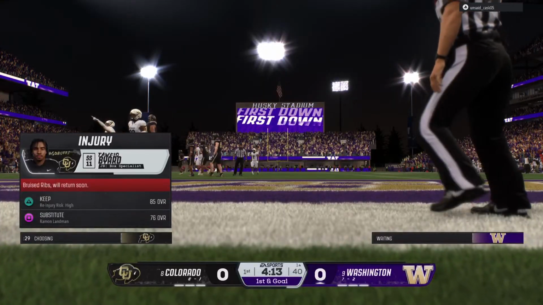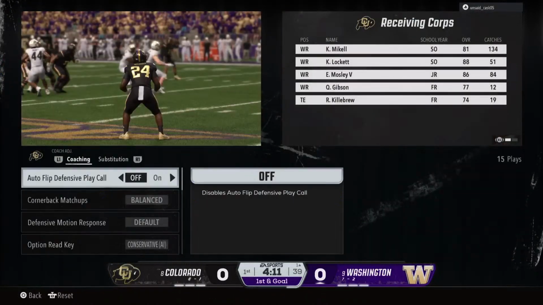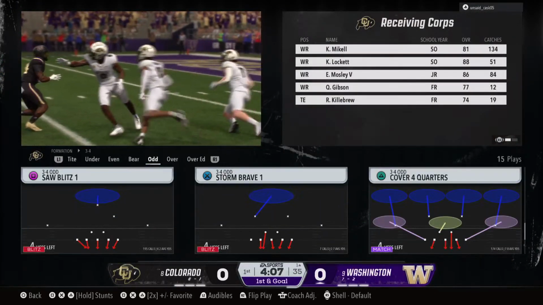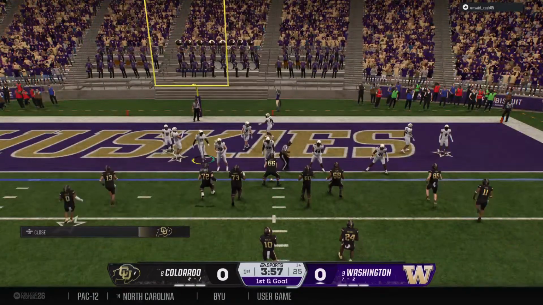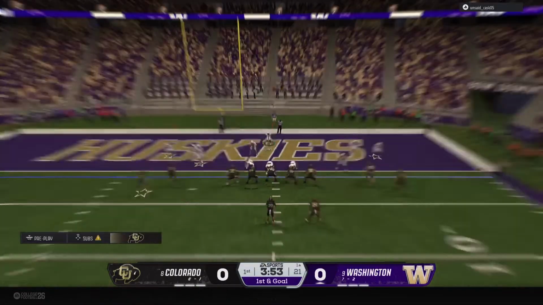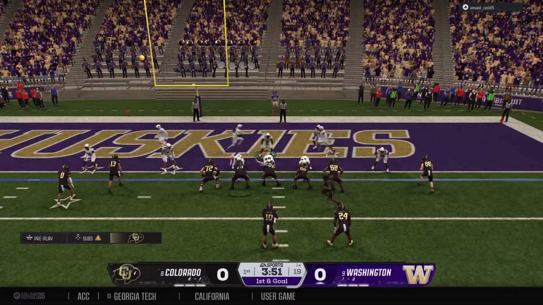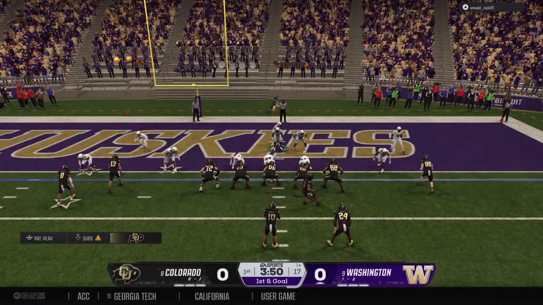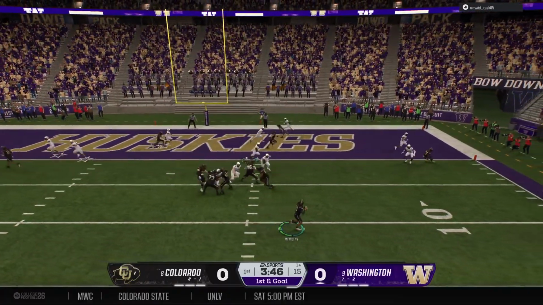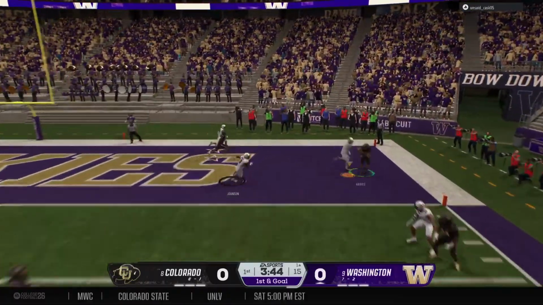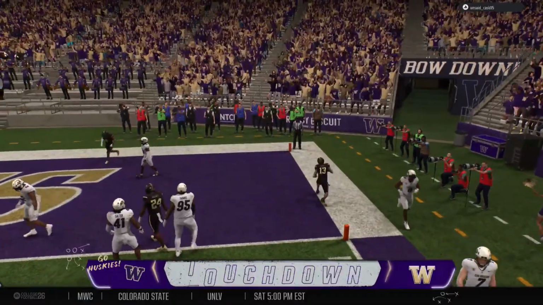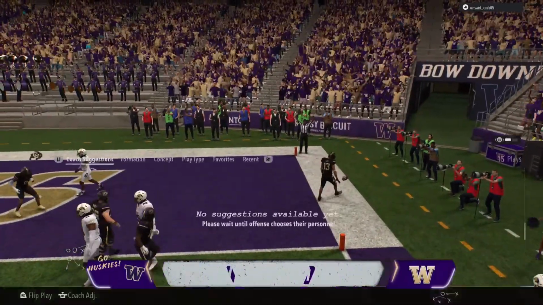That's what's so scary about this offense. They've got guys on the perimeter that can change the game in one single play, and you saw it right there. Too much speed on the perimeter to create that explosive play. On 1st and goal, let's see what Washington does. He'll set up to throw. He wants it all. Touchdown, Huskies. Quick strike through the air for the score.